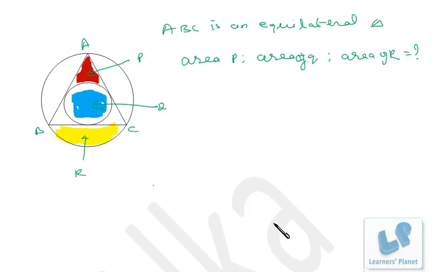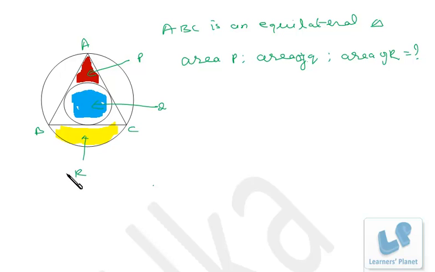Now friends, here we are having this problem. Here ABC is an equilateral triangle. This is the incircle, this is the circumcircle, and we have to find out the area of these regions. This is A, this complete region that's above this circle and between this circle and triangle. This circle is this, and this outer part of this triangle over here, right? Now we have to find out the area of region P, region Q, and region R, right?